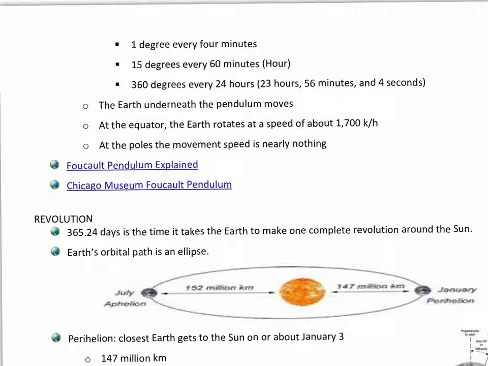So moving on from proof that the Earth rotates, how does that actually break down? Well, the Earth has to rotate 360 degrees every 24 hours. And I did the math for you. That's 15 degrees per hour, an hour being 60 minutes. That breaks down to about 1 degree every 4 minutes. So when you go out there and you're watching a sunset, you're starting to lose the sun. When it hits the near horizon, you have about 4 minutes before it completely disappears.